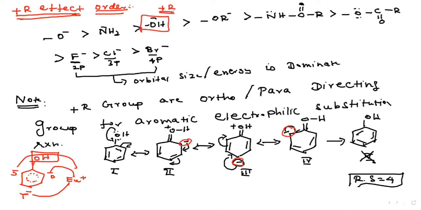Now understand why, whenever the phenol undergoes electrophilic substitution, I get what? Regioisomers. What is a regioisomer? I get ortho and para products. In the case of carbonyl, benzaldehyde, I get only a single product because it's a meta-directing group. I will explain in a slide. It should be the minus R effect order. Please note, it should be the minus R effect order.